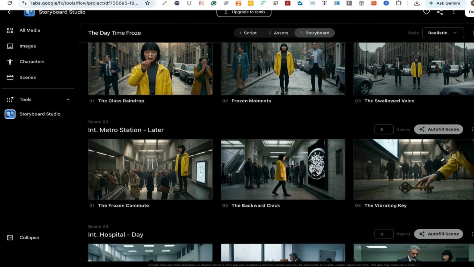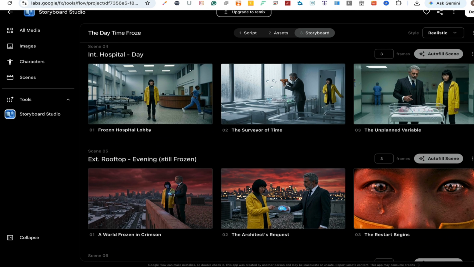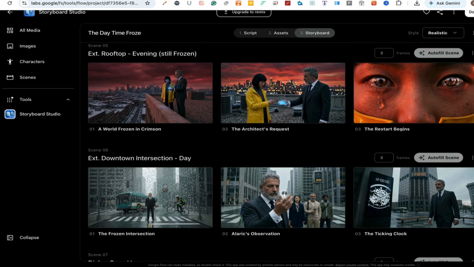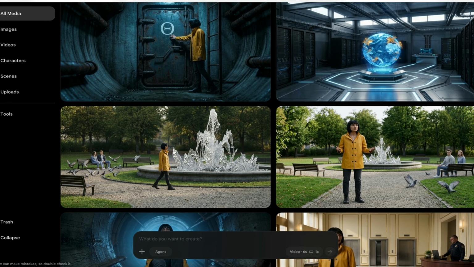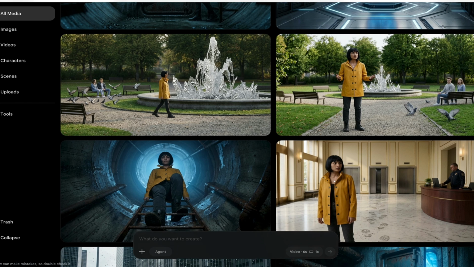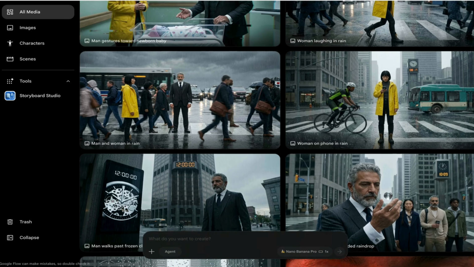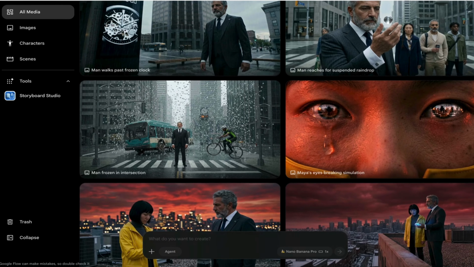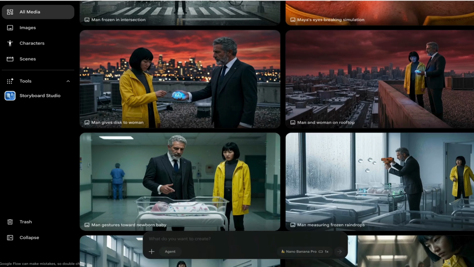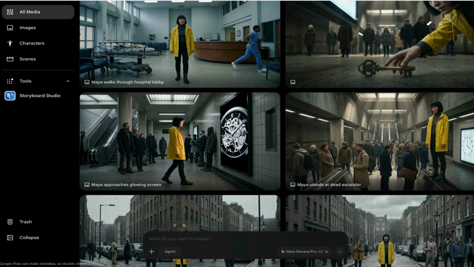Once all your scenes are ready, take a few minutes to go through the entire storyboard from beginning to end. Taking a little extra time to review your storyboard now can save you a lot of time later when you start generating your videos. This is honestly one of the best AI storyboard tools I've used. The fact that it can turn an entire screenplay into high-quality cinematic storyboard images in just a few minutes is